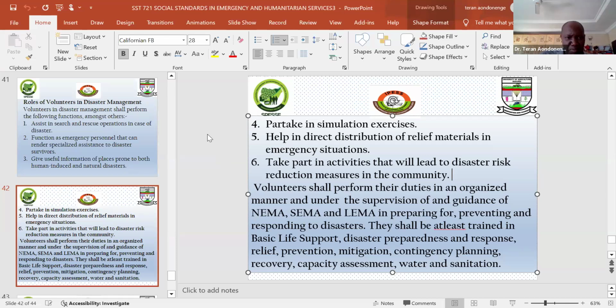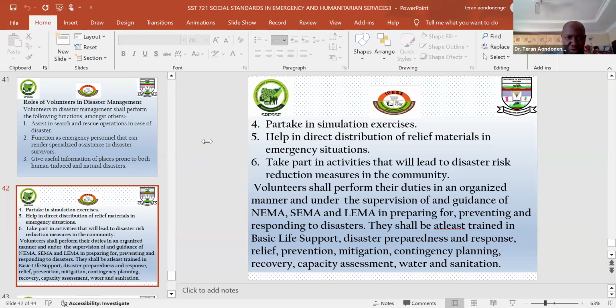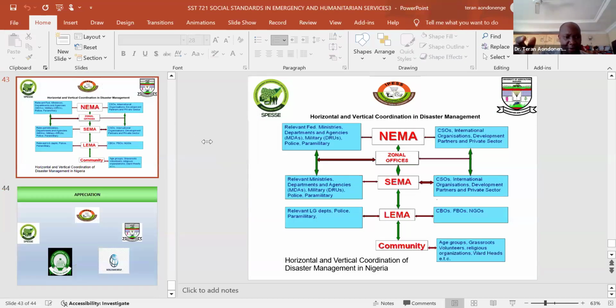So some of the roles are basic, as most of you know, what we expected. This is the organogram of what we call the horizontal and vertical coordination in disaster management: relevant federal ministries, departments and agencies. We talk about the community, CSOs, international organizations, from NEMA to the zonal office to SEMA to LEMA to the community, and they evolve in the relevant ministries, departments and their agencies, and then what we call the military or the